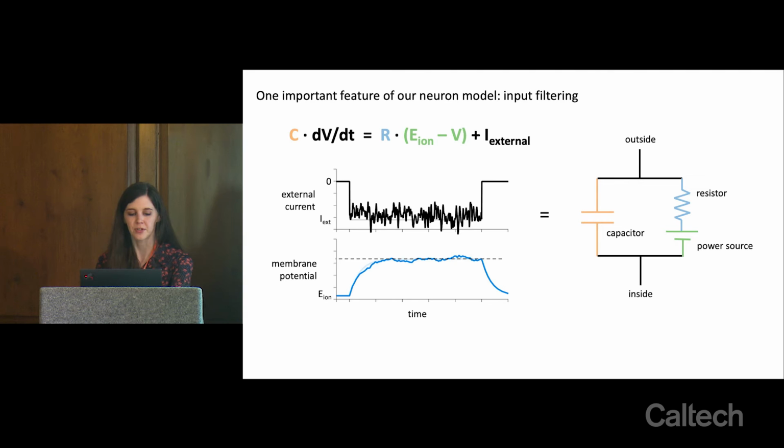The size of the current step that's injected determines the steady state value that you approach, but in most models, it doesn't determine the time that it takes for you to get there. That's what we see from something back here, further back than I thought. From this here, your rise to your steady state value is just a function of R times C, and the value that you're rising to is a function of these other terms.